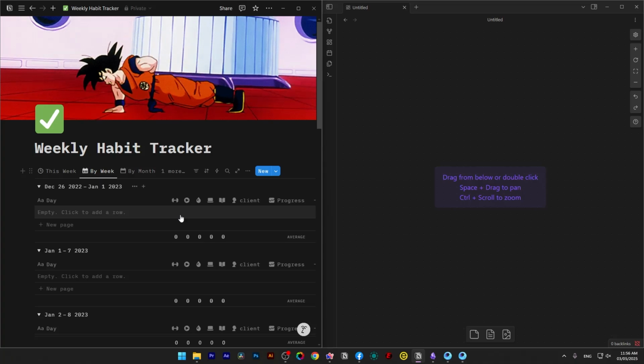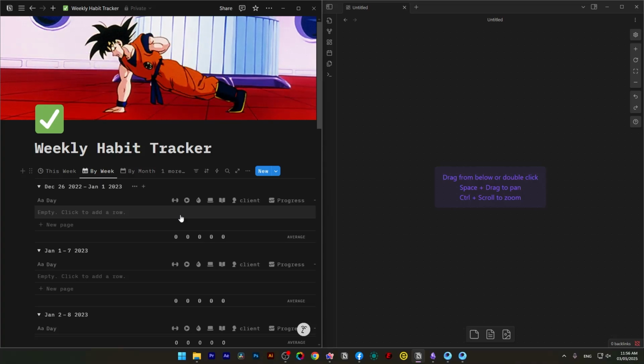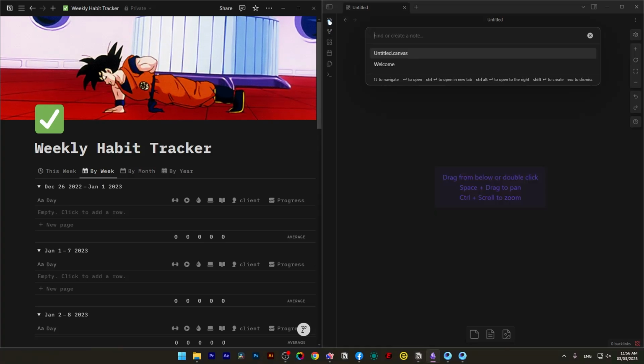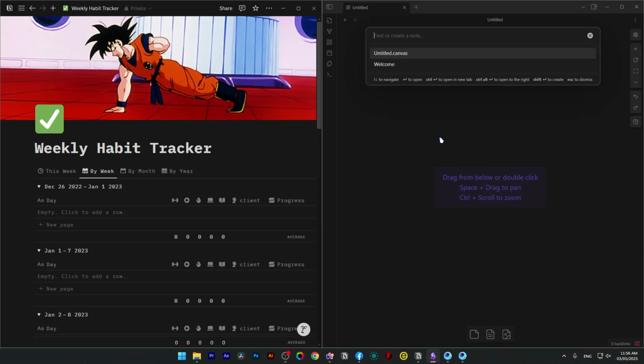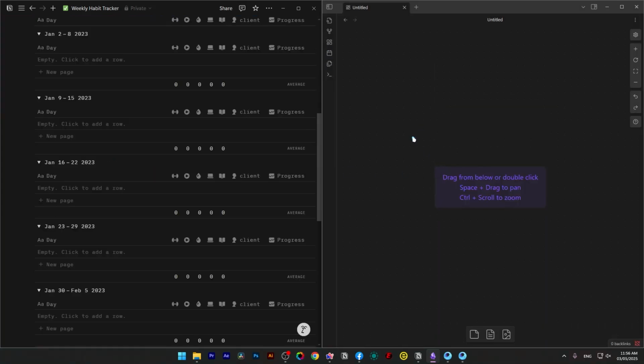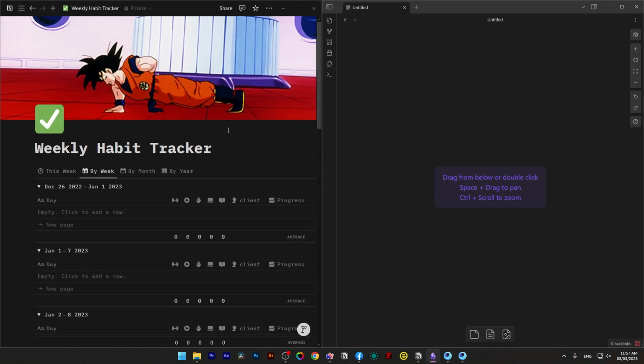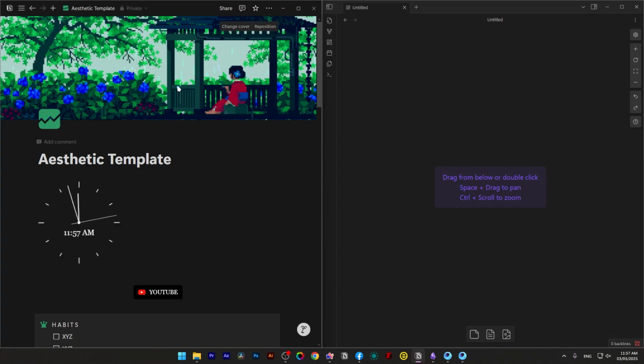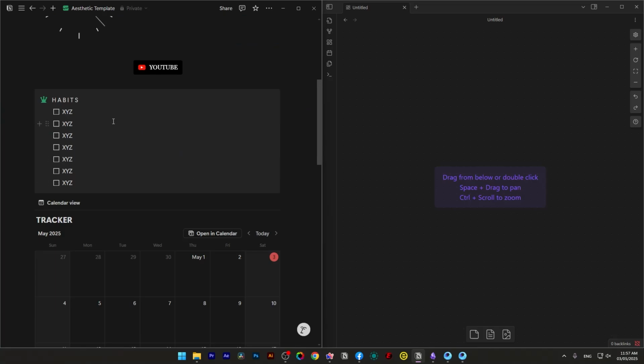So, let's start with the first punch, speed. Obsidian is local-based files. Everything is saved as plain Markdown on your file manager. That means it's blazing fast, even with 10,000 nodes. But Notion, on the other hand, is cloud-based. It looks really beautiful, but with large databases, it lags. And you will feel it especially when you are using weak Wi-Fi.